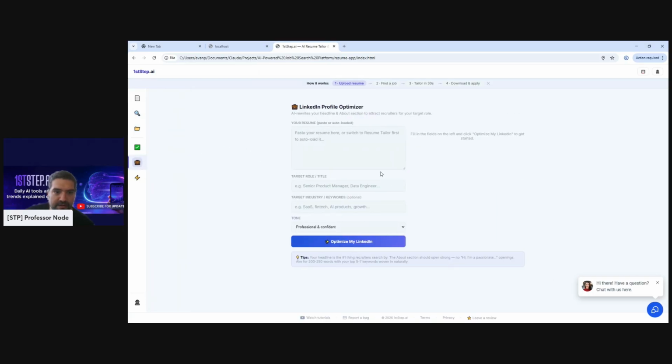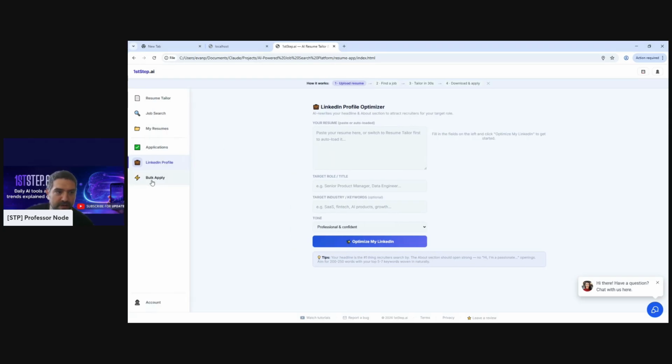And this is a LinkedIn profile optimizer. I'm going to actually have the LinkedIn button put here. I haven't done it yet, but you can update your LinkedIn profile based off the jobs that you're applying to, so that it matches what you're doing. So when the employer goes to look at your resume and see your LinkedIn profile, they see that it matches